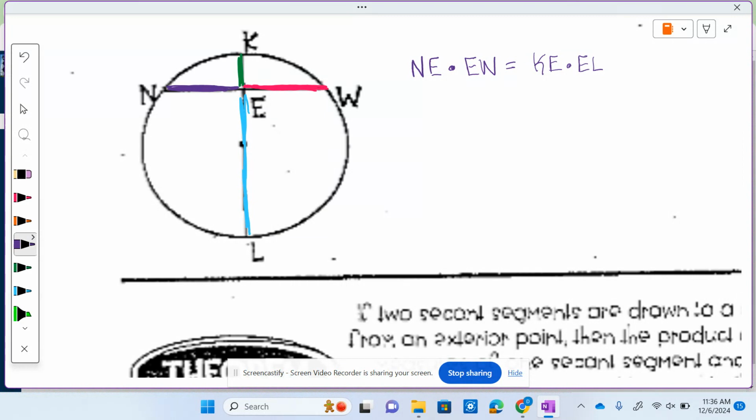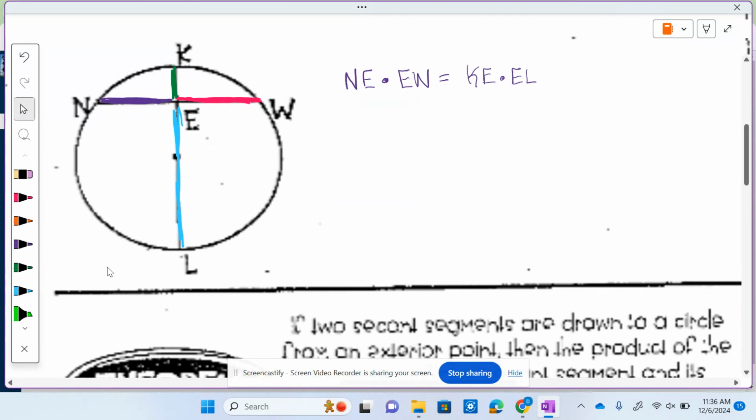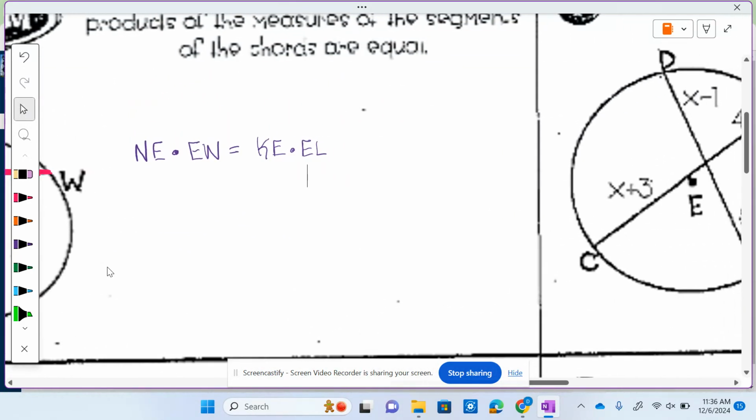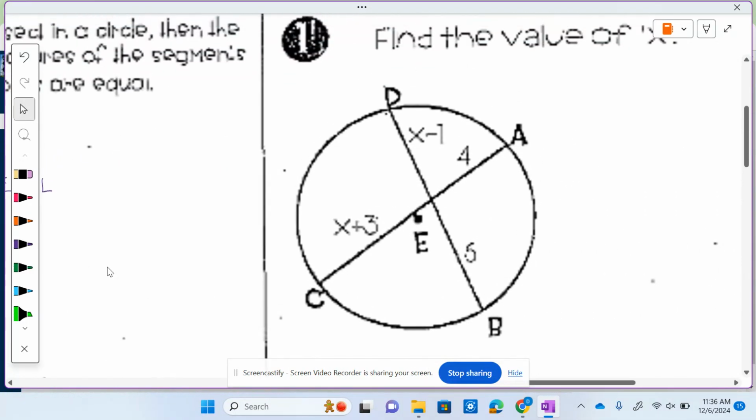All right, so let's slide over and do an example of that. Is everybody good with that? Okay, so I'm going to try and color code this again. This whole chord is broken up into red and orange segments, and this whole chord AC, I'm breaking up into blue and purple. So the first chord DB, its two segments are x minus 1